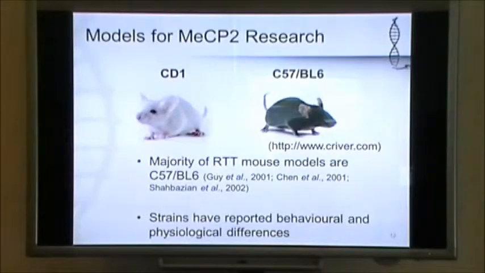And in fact, the majority of the Rett syndrome mouse models are the BL6 mice. These strains have reported differences in behavior and physiology for things like anxiety, emotion, stress response, as well as neuroanatomy and survival of transplanted neural stem cells. And both these have been used before in the Rastegar